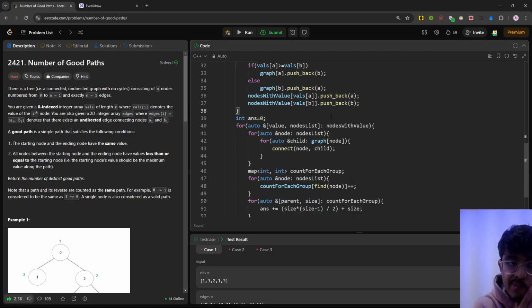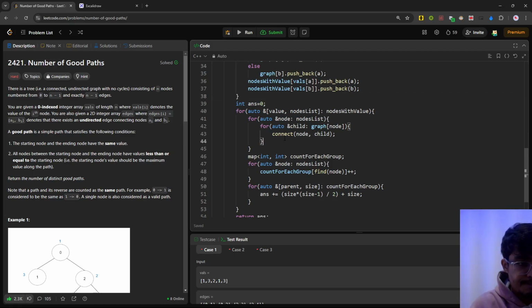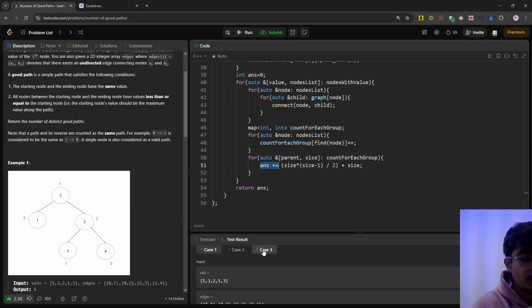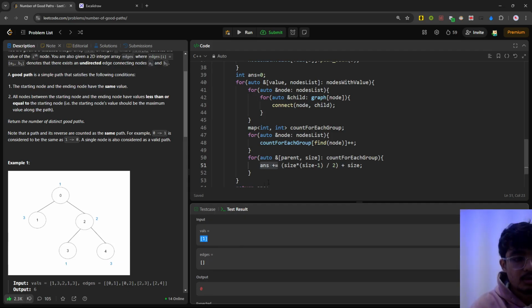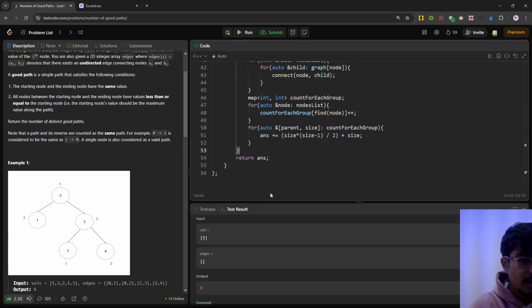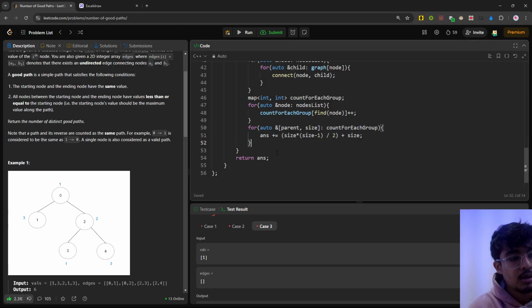Okay. This might be problematic for me. This gives me 0. Okay, why am I getting a 0 here, but here I am getting a 7. Okay, let's see 1 size into size minus 1 by 2. Oh, okay, maybe